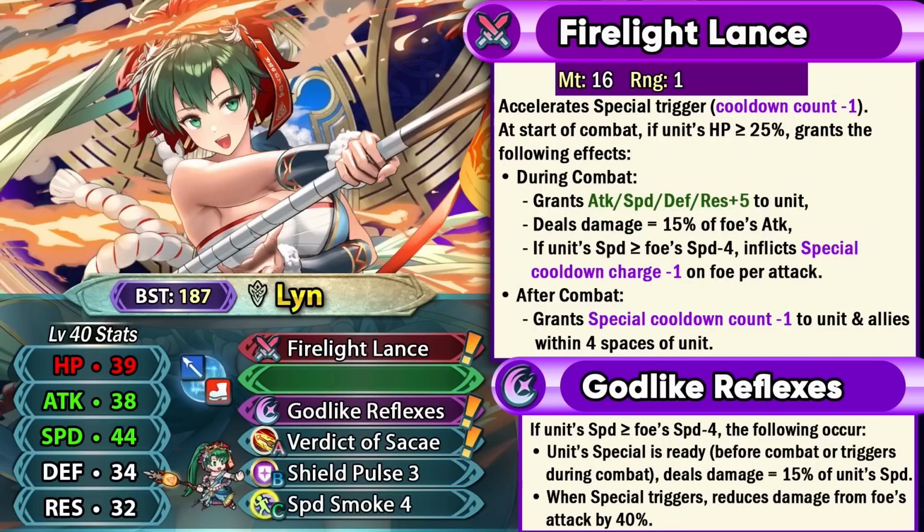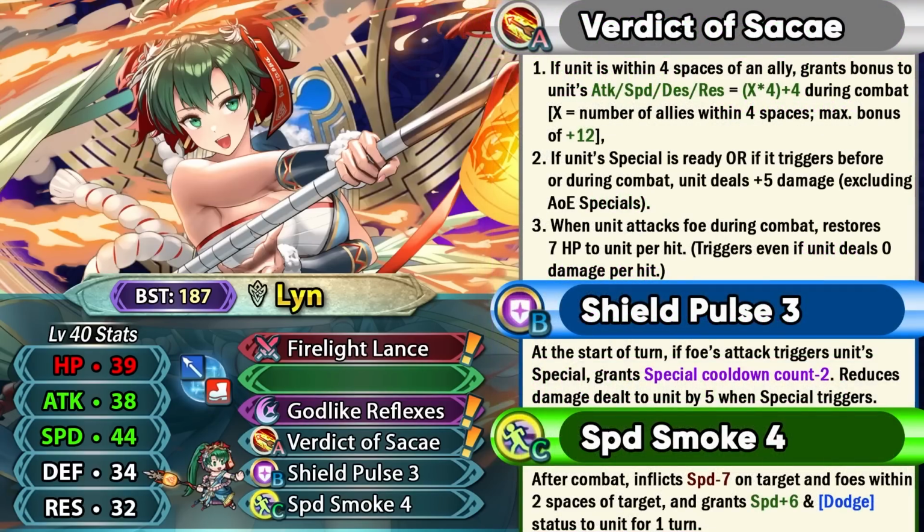So that is really good, and you can easily run Time Pulse to pre-charge it. So Lyn has a lot of options honestly, and is definitely a very strong unit in pretty much any kind of game mode, and she also provides amazing fodder. So in my opinion, she is the star of the banner with how strong she is,